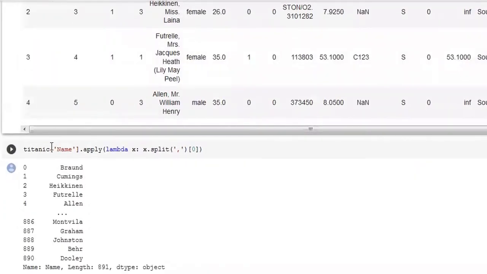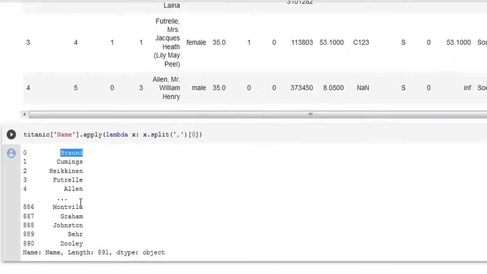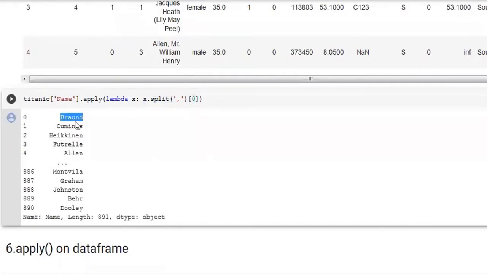Mostly what we are going to see is, for example, the name of the column, this is the series, I'm going to apply. Inside it, I'm going to pass a lambda function, x, and x dot split I want to do on a comma, and the 0th element I want to select. And when I run this, I get the last names of all the names given there. Is that part clear? Using the lambda function inside the apply, this is how a single line apply function works.